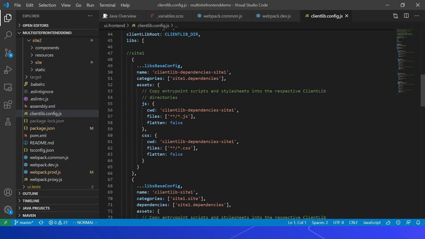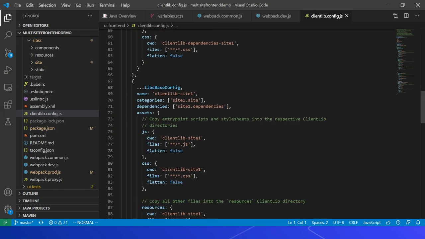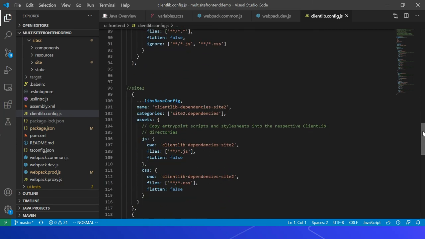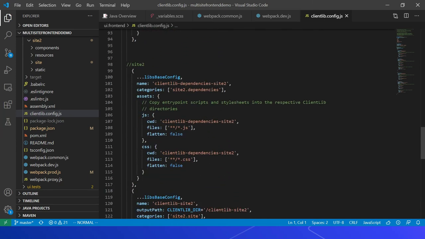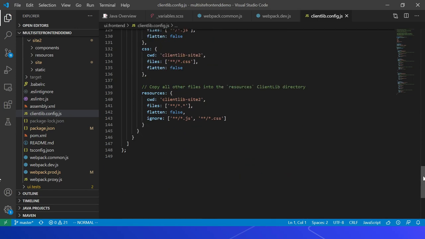So same thing like the folder, local folder, clientlib-dependencies-site1. Same way site specific also clientlib-site1, site1.site, then site1.dependencies, then clientlib-site1. Same way for site2 also. So only changing the site2, the folder name and the configuration names. So like this you can define all the site specific clientlib configurations.